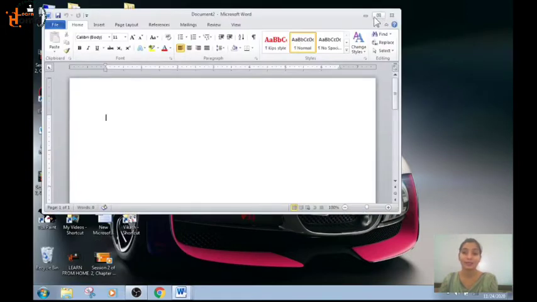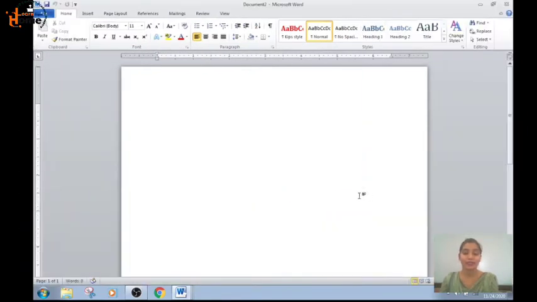This is the maximize button, students. This is minimize, maximize and close. If I want the screen on full screen, what will I do? I will maximize it. See, this is the window. How will you enter the text? Which is the work area of this document? This is the work area, right? The area in white, this page, this is the work area, right? So we will start typing from here.